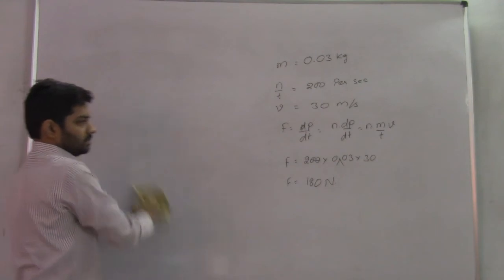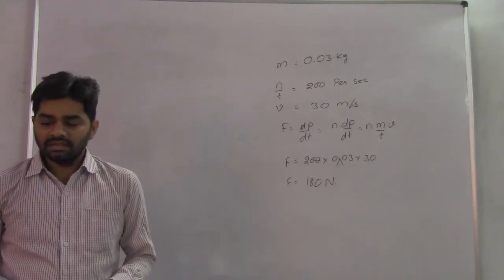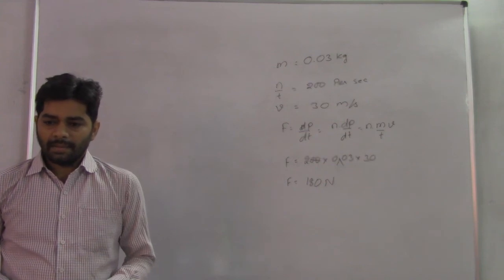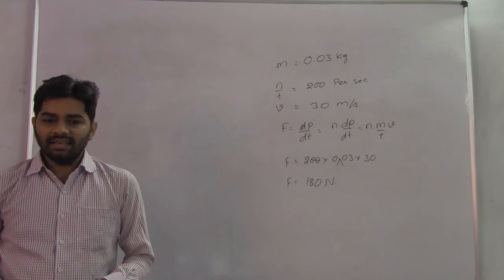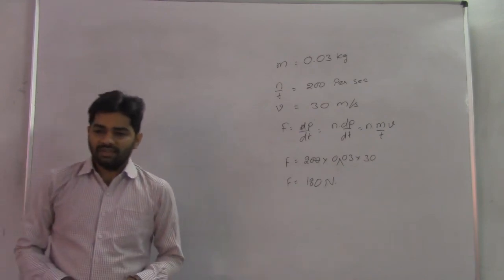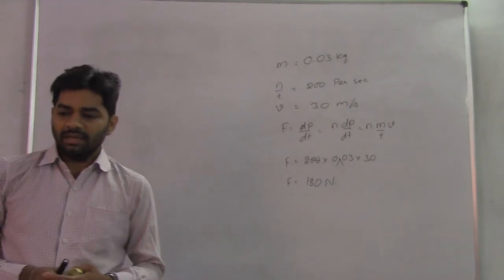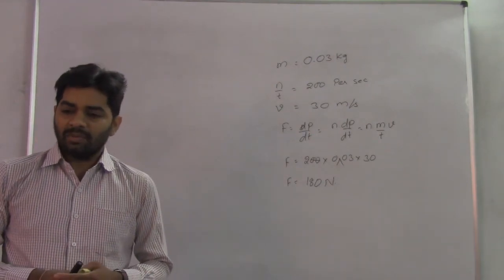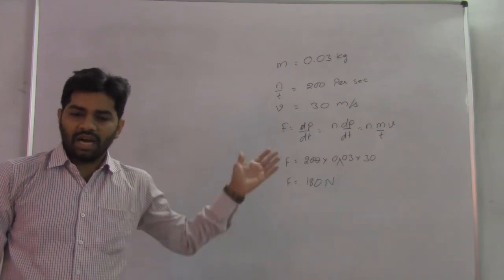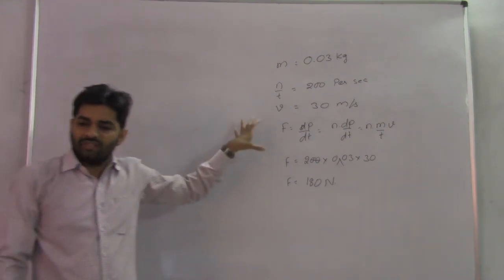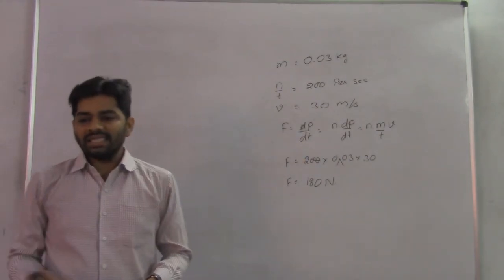Sir, if we write the individual term limits and cancel them, won't we get the answer? In some situations it is applicable, but in all cases it is not possible. Okay sir, so we have to go for the normal format. If you can't remember the formula, then that is the last case.